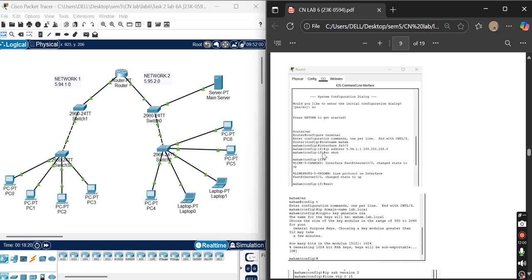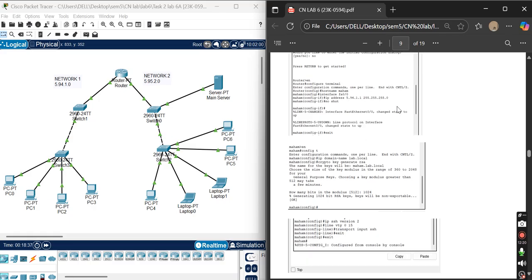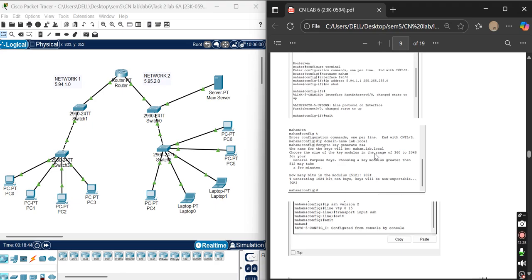And here I have done the router configuration already, provided it the host name, and for my FA0/0, that is the fast ethernet 0/0 connection on the left side, I have assigned it the IP address of 5.94.1.1 and a subnet mask alongside it. And similarly I have added encryption, and assigned it encryption and password.